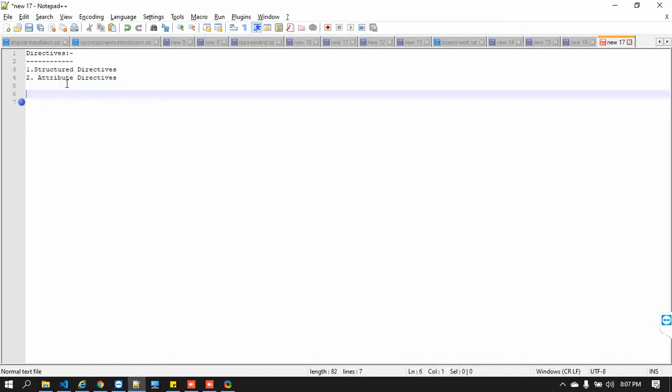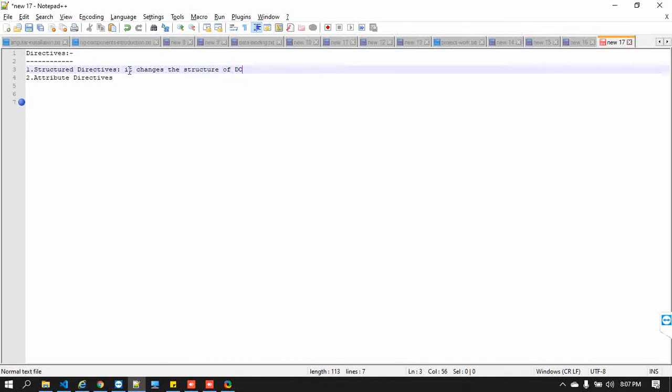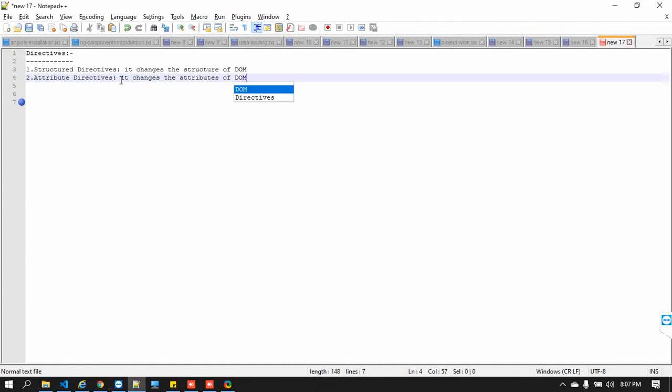Structural directives change the structure of the DOM. Attribute directives change the attributes of the DOM. That's simple.